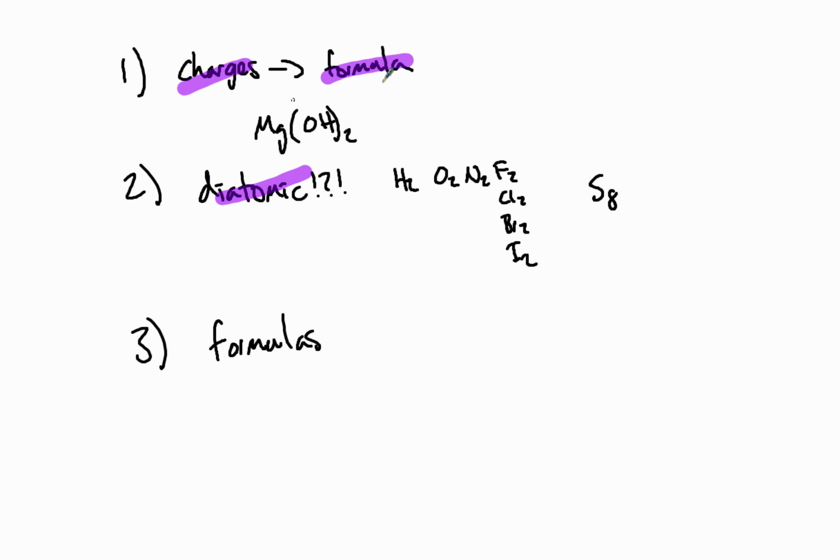Now, I say a lot of times that you need 2 hydroxides to balance out with the magnesium, but when I say balance in context, when I'm talking about balancing an equation, I'm always talking about coefficients, right? So I want you to take care of those formulas first. Make sure you have every little detail right. Magnesium hydroxide, hydrogen's diatomic, right? Then I want you to balance the equation overall